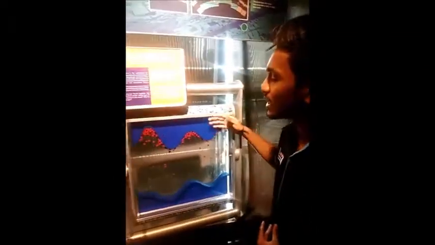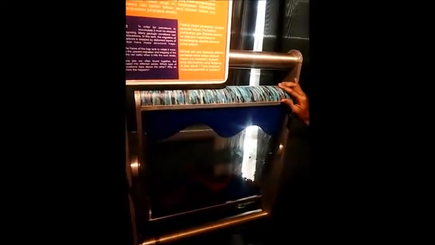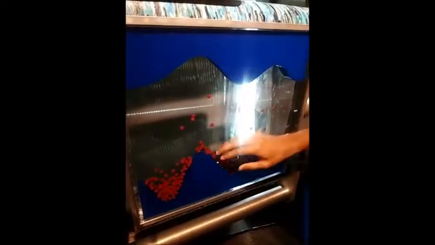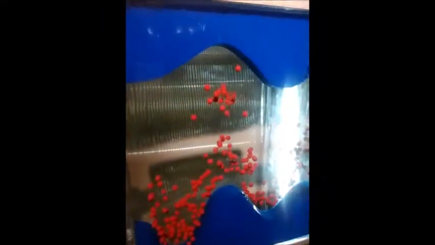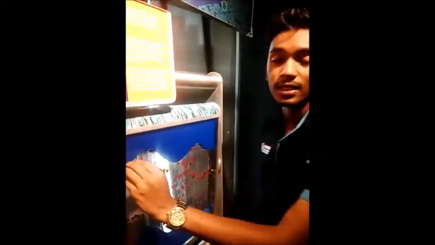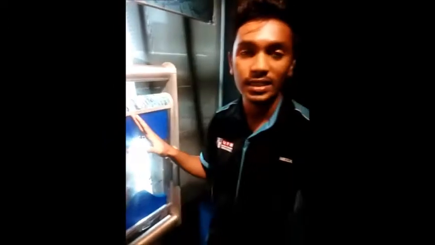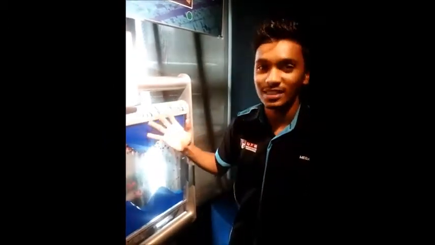As you can see here, this is a demonstration of how it traps. The red part is the petroleum. It will migrate and get trapped. As it migrates, the first layer to reach here is the gases and then the petroleum. It will be trapped here because of the structure of the soil. This is called the trap, which is the main cause of the formation of oil here.